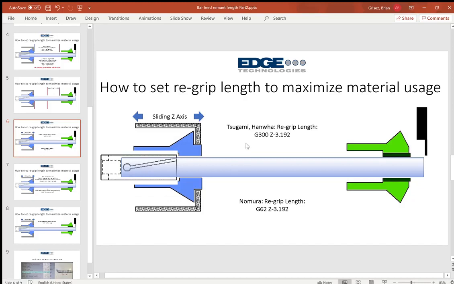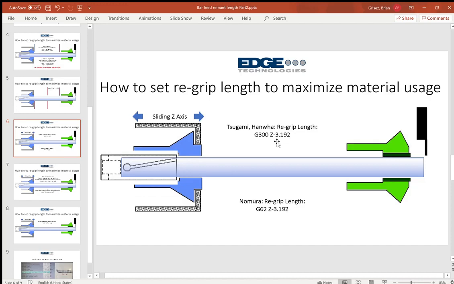Typically at the beginning of your lathe program, you'll have a collet open with a regrip sequence, and in that sequence you'll have a line of code that starts with G300, and that G300 is the instruction to the lathe to find this position, and in this case we enter in whatever the regrip length is that we calculated,